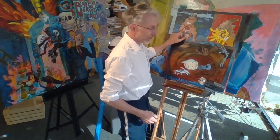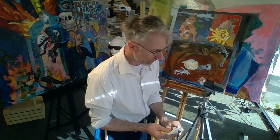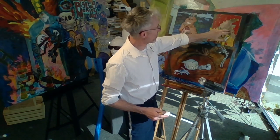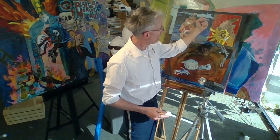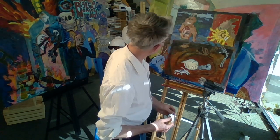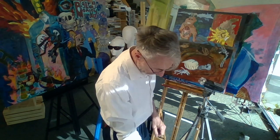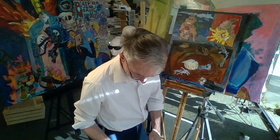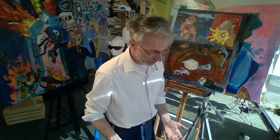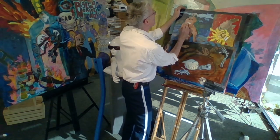Painting this, I'm going to add some white to her sternum. See if I can finish this today. All I have to do is make him a little more distinct. You see he's painterly and the hand is just line drawing. I'm going to keep it that way. I wanted the Lady of the Lake to be more line drawing. She's kind of a hybrid. Ivory black. Using a palette that is clean is so nice. Oh, where's my brushes? I got to put them away. Okay, let's see. I'm going to add...